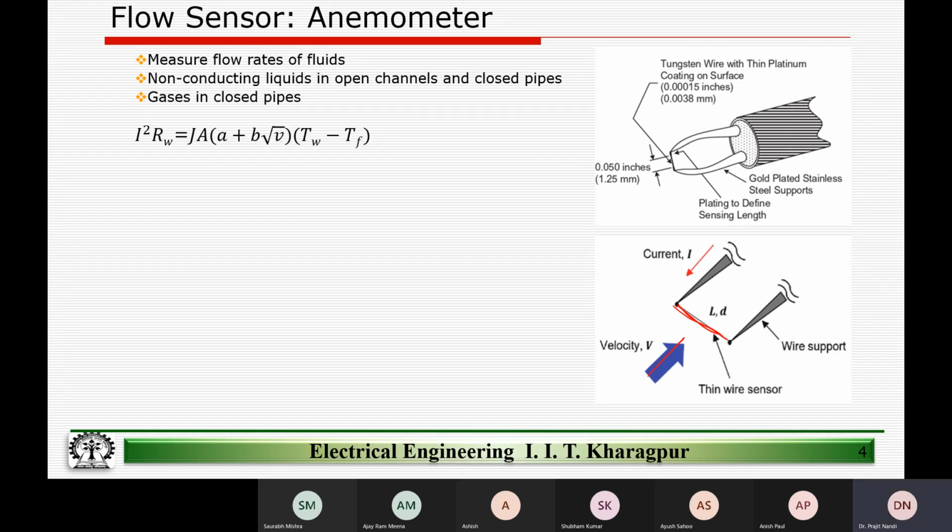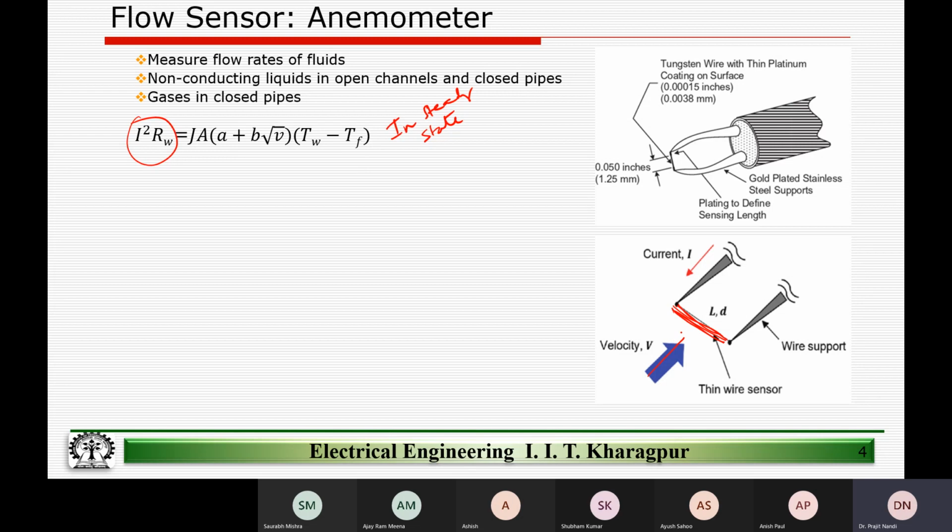Looking at those equations yesterday, what we saw is that at steady state condition, I squared RW, the heat generated because of the current flow in the tungsten wire, will be equal to the heat that is dissipated by the wire because of the fluid flow. Please remember this is valid only in steady state condition, right? If the fluid is not flowing